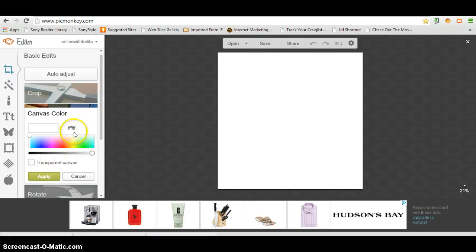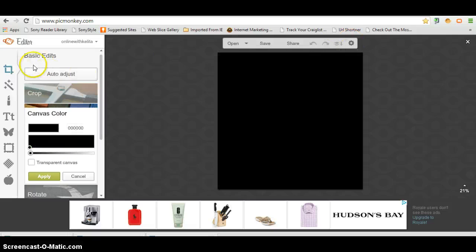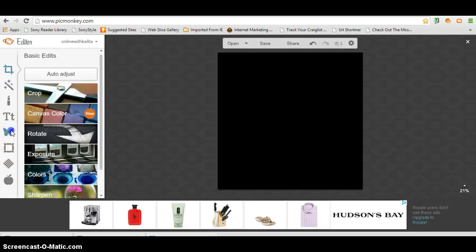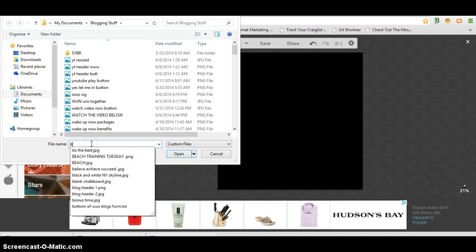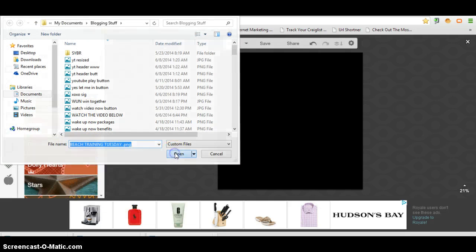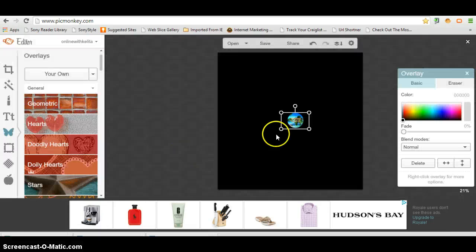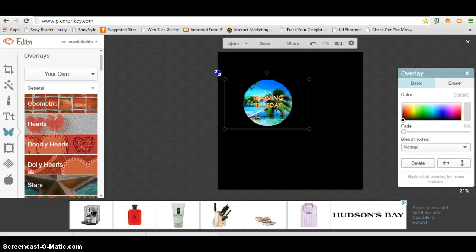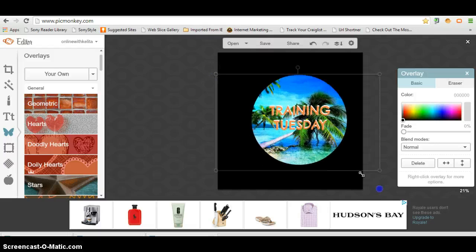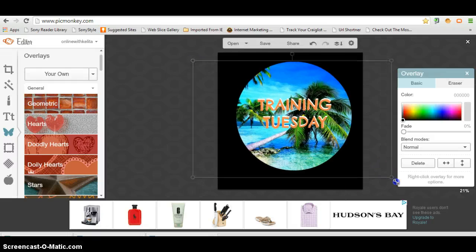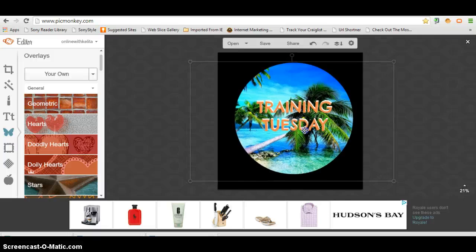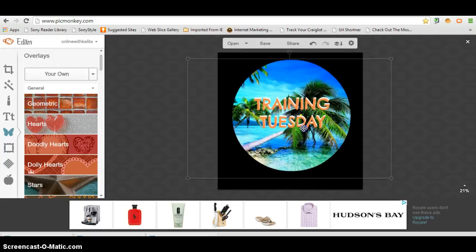And what I'm going to do is try out a black for my canvas color, and I'm going to apply, head on over to my overlays and choose the overlay that I just made, okay? And I'm going to open that up. And it's going to come out a little small. All you have to do to resize is drag one of those edges, just drag it up. And there we have it. My Training Tuesday image is complete